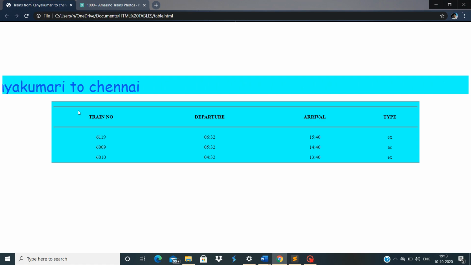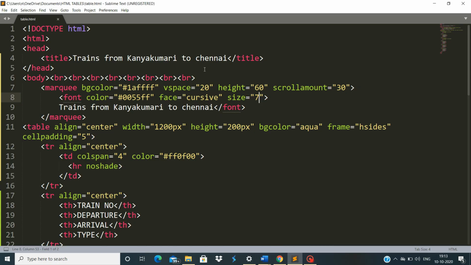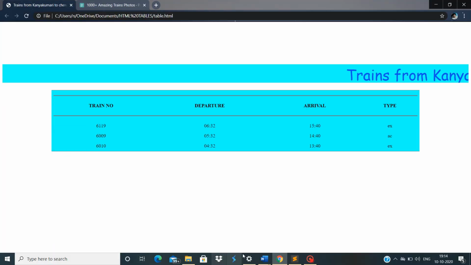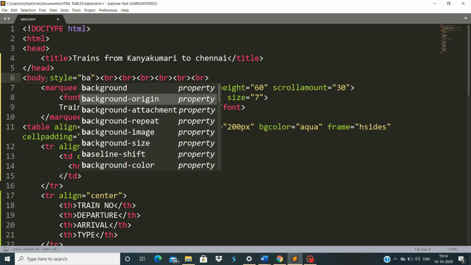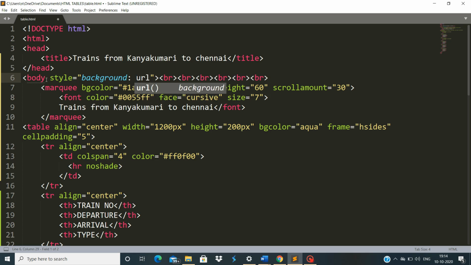So now our body background is not looking very nice, right? So I'll do an experiment with this. What I'm going to do is use the style tag. Let me show what I want. I'm just showing this will make it look better. You will not use it when you are not asked to in an HTML document, because this is a completely CSS property. Using it without the style tag is what we call inline CSS.